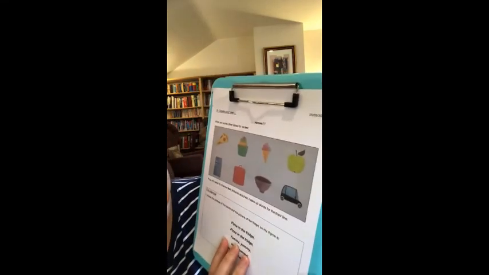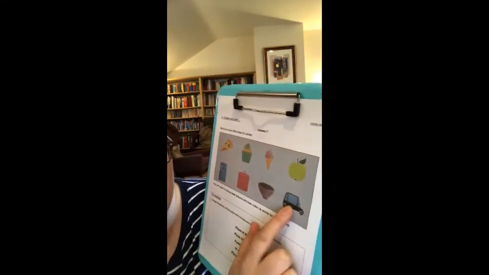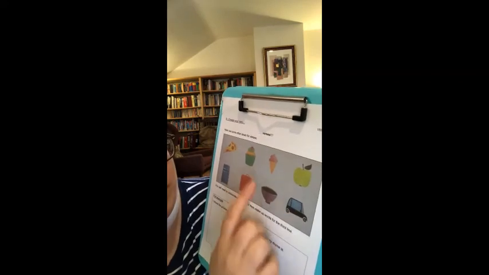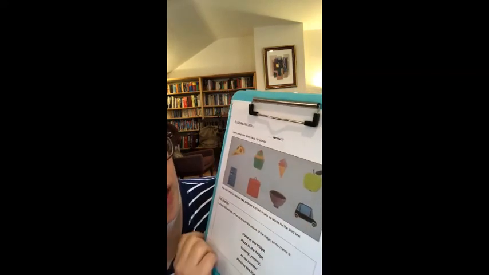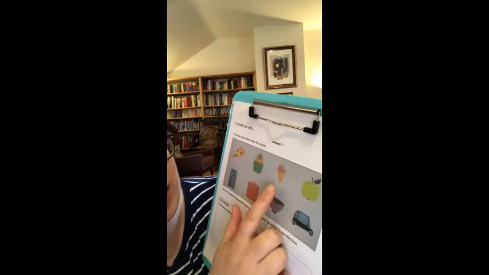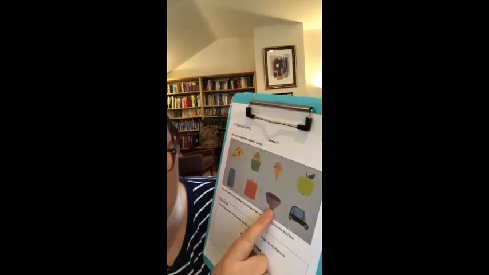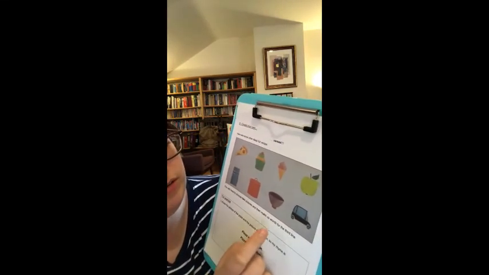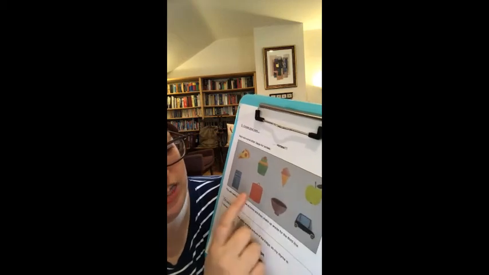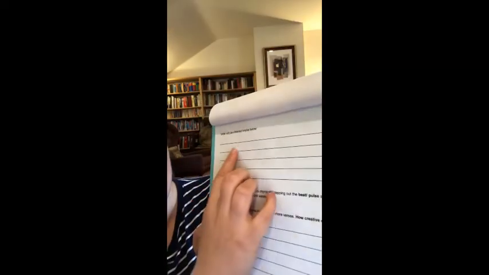So you could do cupcake and car, so you could say cupcake in the car, or you could do ice cream in the bowl, or you could do apple in the jar. You could do anything. You could do apple in the fridge. It's up to you. And you have space on page 9 of your activity pack to write out your rhyme,